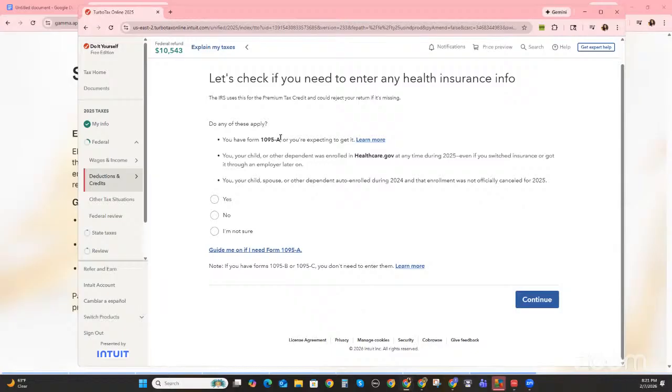So if you have that, you want to make sure you keep that because that has a healthcare premium that you have to report on your taxes. If you don't report it, your tax return will get